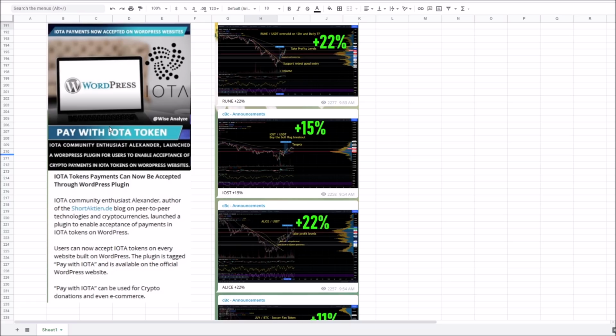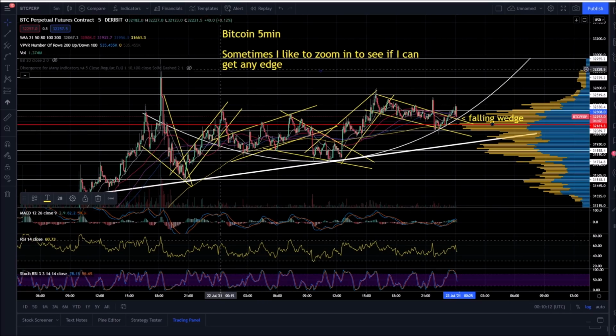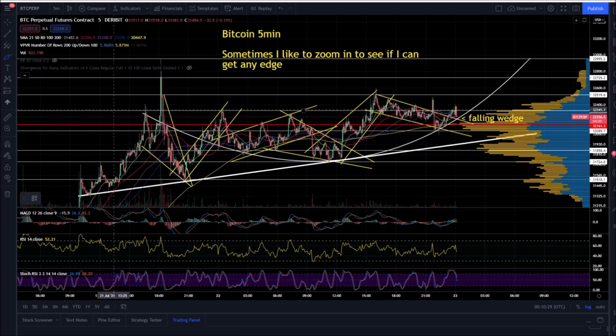IOTA news. Sometimes I like to zoom in to the 5-minute time frame, where you can divide up these patterns into rising wedges and falling wedges. And what this does is it really helps me know when to buy into your altcoin setups, right? Because all USDT pairs are going to follow Bitcoin, right? And so understand the idea where you get a bunch of noise,